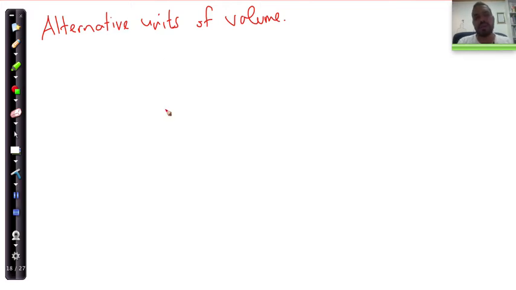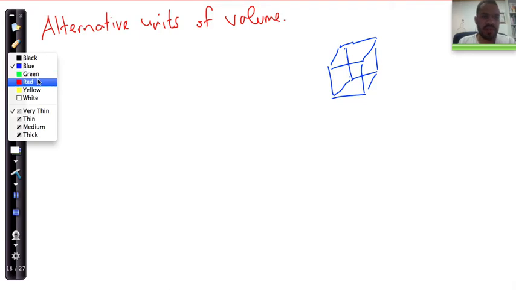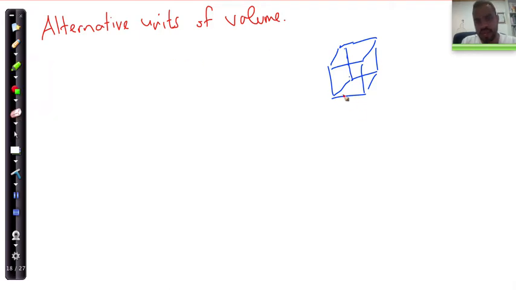Now we're going to talk about, let's say you have a box, and let's say that's a cube. We're going to see if I still know how to draw a cube after all this time. There's my cube. Oops, that cube is not looking very good. Okay, there's my cube, right? Anyway, my cube doesn't look that great, but nevertheless, let's say we have a cube whose length is